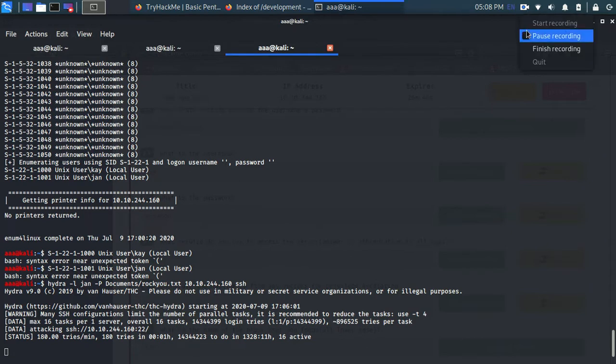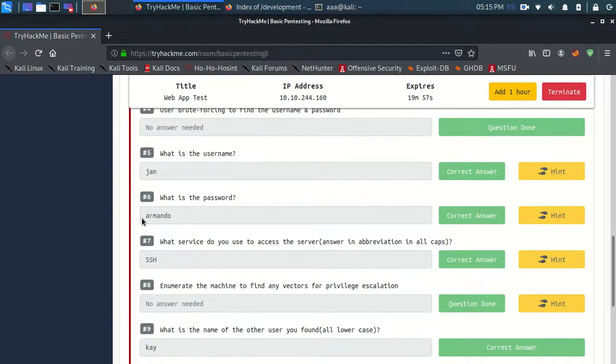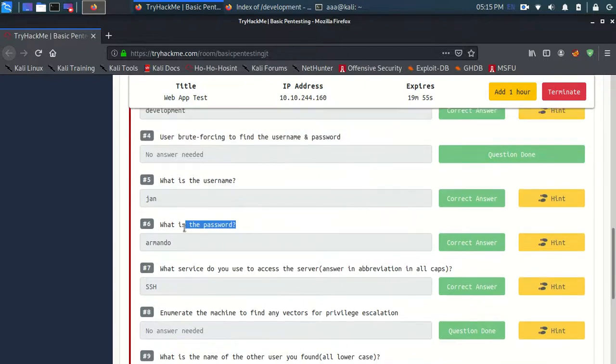Okay guys, after a lot of time this password was finally cracked and the password was Armando, as you can see over here. We now know the username and the password, and it has almost been 40 minutes, so this is quite a time-consuming room.